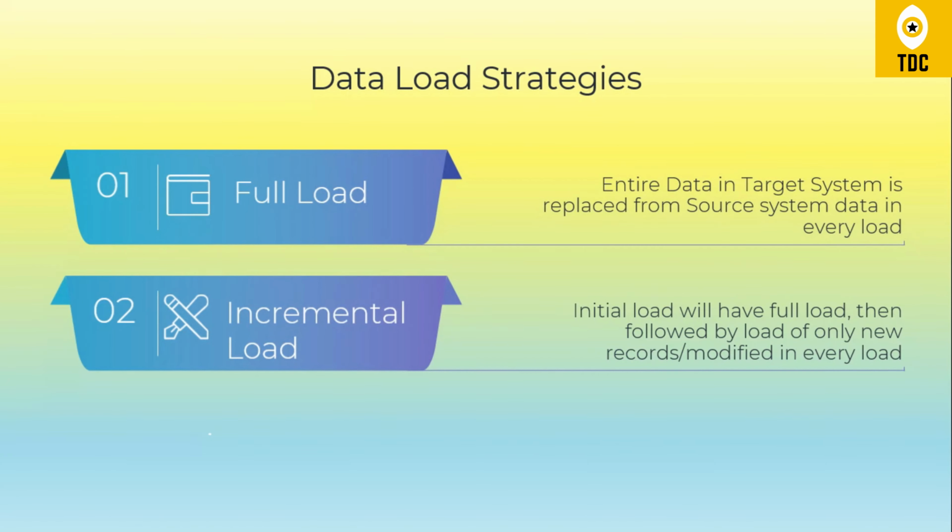For ETL, where we perform extract, transform, and load, we usually use a staging location or target location, which may be a database, data lake, or any other storage system. While loading the data from the source system to this staging or target location, we can design two different load strategies, that is full load or incremental load. So in this video, we will define each of these and know the real time use case for when to use what.